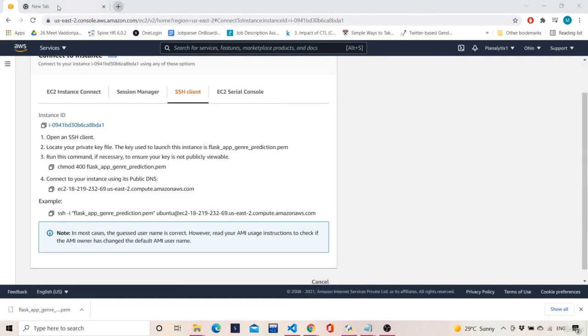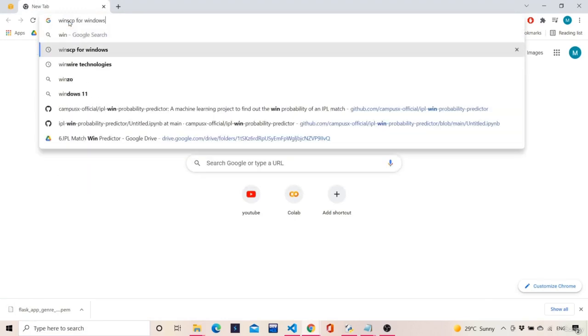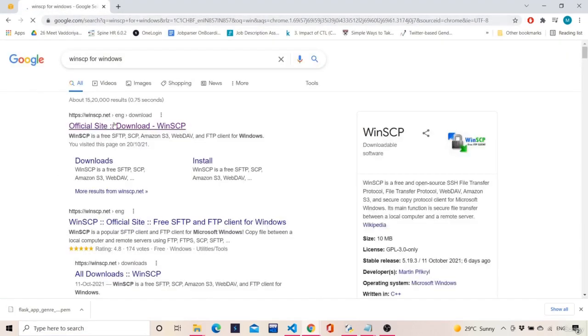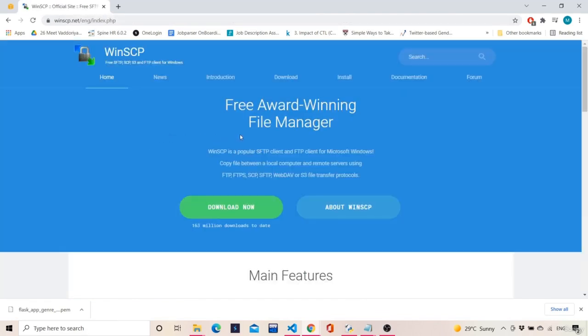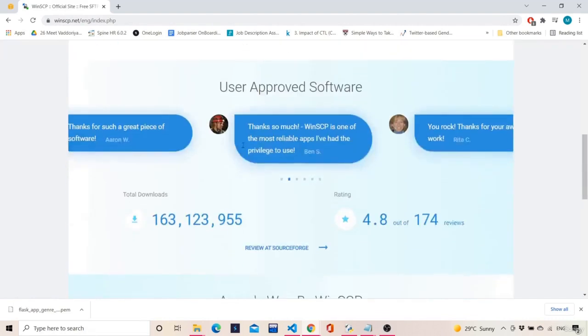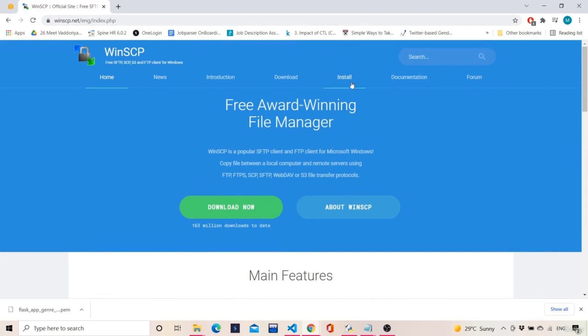The first software is WinSCP for Windows. You can go to the official website, WinSCP, and based on your operating system you can download it. It's for Windows only. So you hit download now, and that is all.